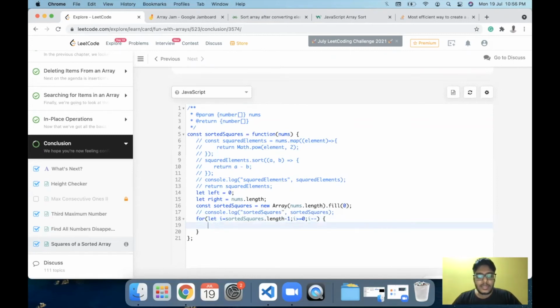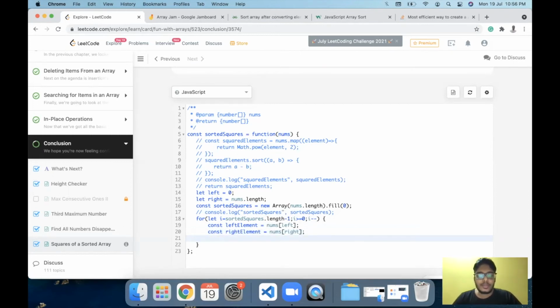I think before adding the condition, let's add a left element and a right element. So the left element will be nums of left. This is just because we need a bit more clarity when writing the code. And the right element to be compared is equal to nums of right, like the last element and the first element.